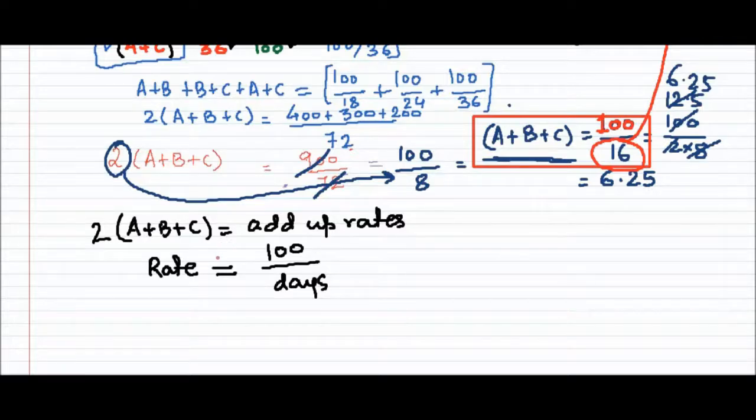I always keep on telling you guys this thing, remember this formula. If you have got the rate and you do not know the days, you keep it 100 and you will get the days. In case you do not know the rate and you know the days, both ways the same formula will work. So to keep this in mind, I will directly write R is equal to 100 by D, days or hours, as given in the question. And the same formula we can write in this fashion as well. If you have to find the number of days and you know the rate, you have to divide it by R.